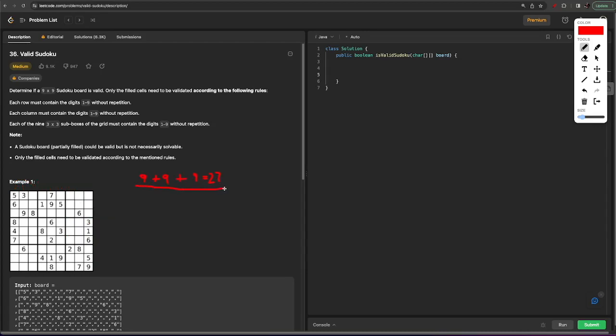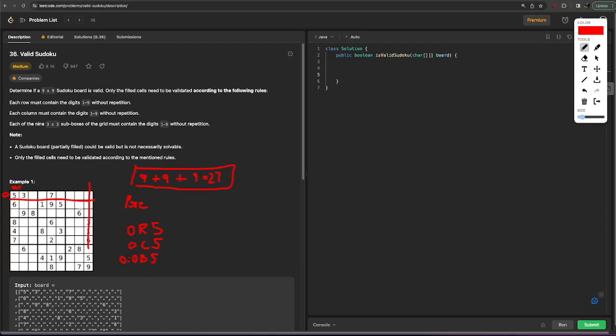We talked about having 27 hash sets. Is it possible to combine these 27 hash sets into one hash set? How would we differentiate between row elements, column elements, and box elements? We can do it by adding a prefix. For example, when we are adding 5, the indexes are 0 and 0. So we will add 0th row element 5, 0th column element 5 in the hash set, and then we will add its box, 0, 0,